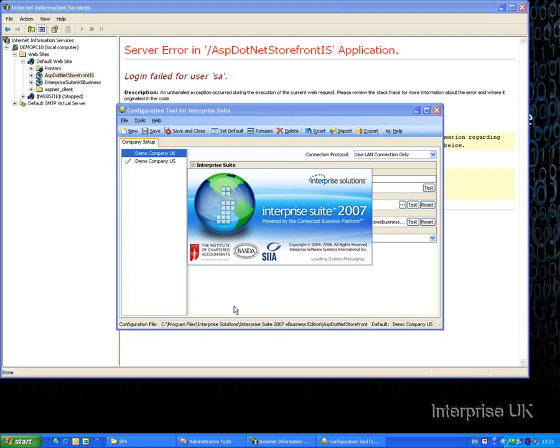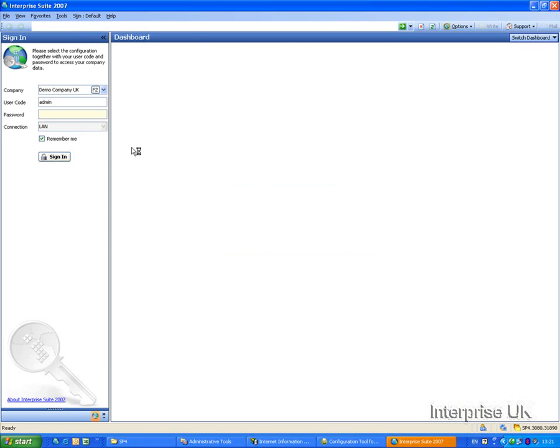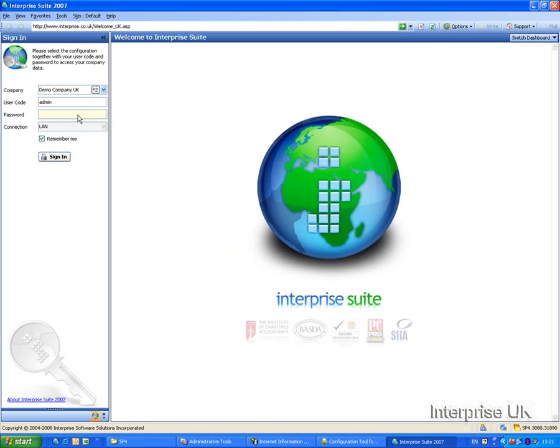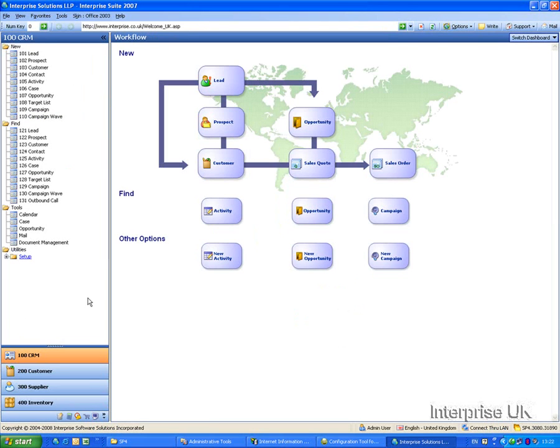Now the reason for this is that the actual website logs on to the database, and when it does transactions like create sales orders, create customer accounts, the user that actually does it is obviously logged against that. If you just leave it as admin, then all the web transactions come in as admin. So when you're looking from an audit trail point of view, you've got all these admin transactions, and you don't know whether that's someone logging in as admin or the actual website. So if we just log on,